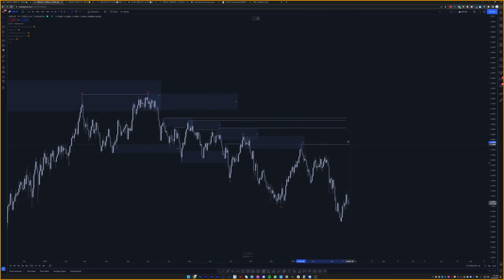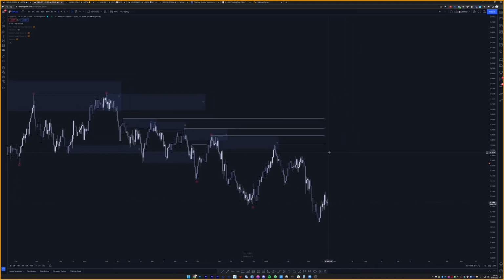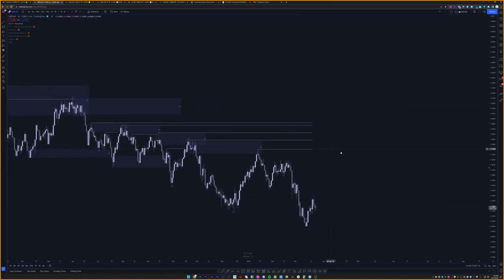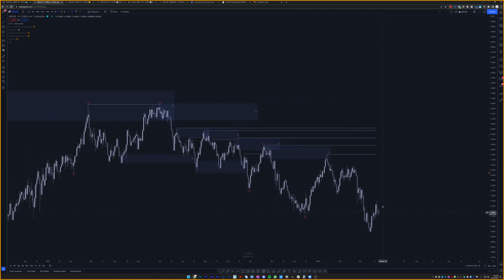The only way this is not going to go is if, for some reason, the US dollar collapses or something and the pound becomes the new US dollar. I don't know, right? I don't know if I even got that right. It's GBP against US dollar, right? Anyways, my point is, this is going to get swept at some point, more likely than not, right? It could be now, it could be later. But do we see how there's a lot of liquidity stacked here?